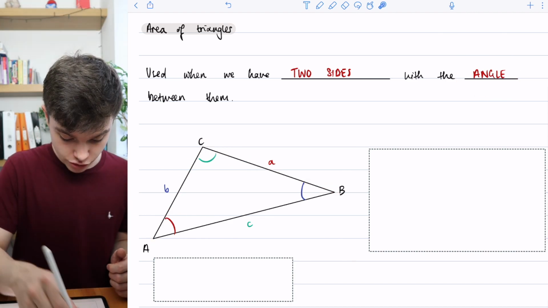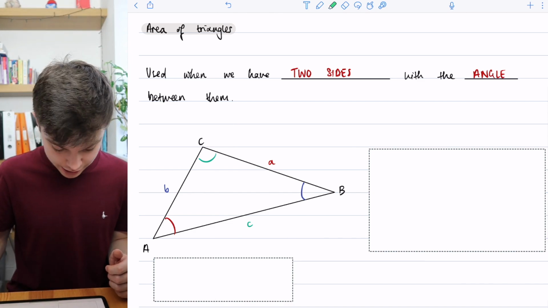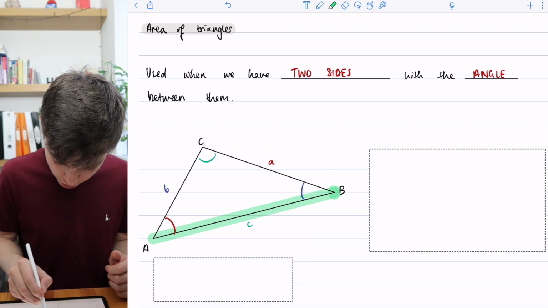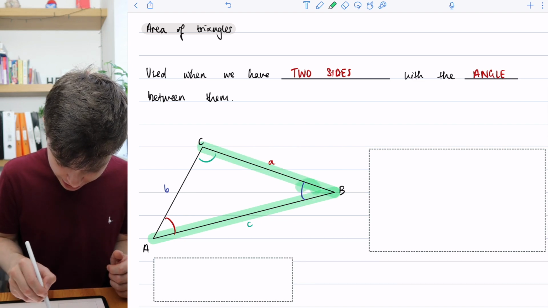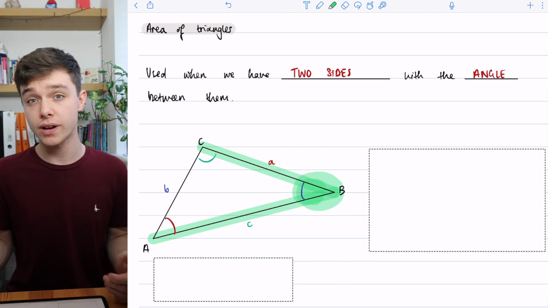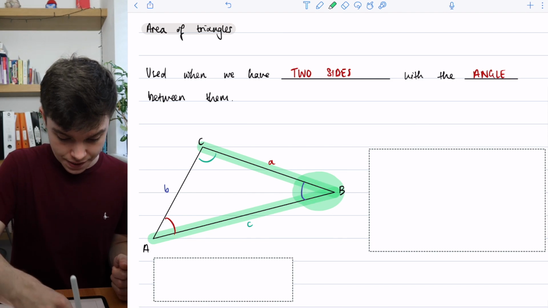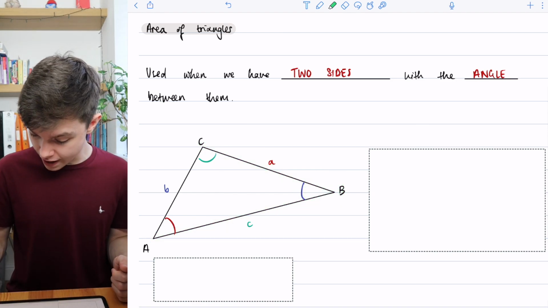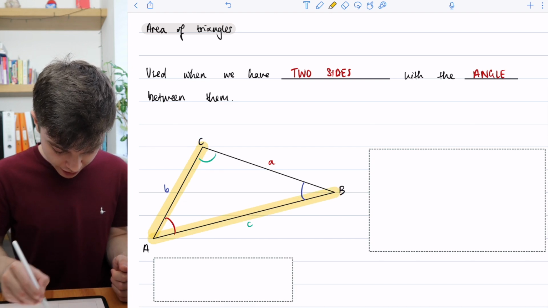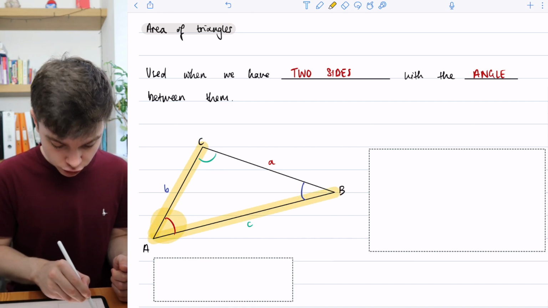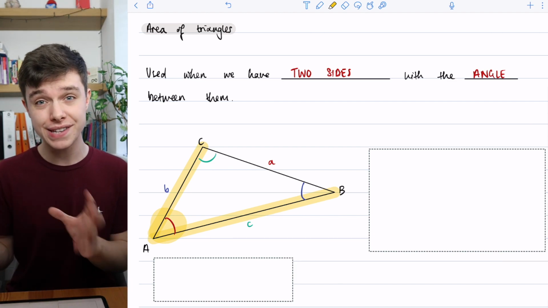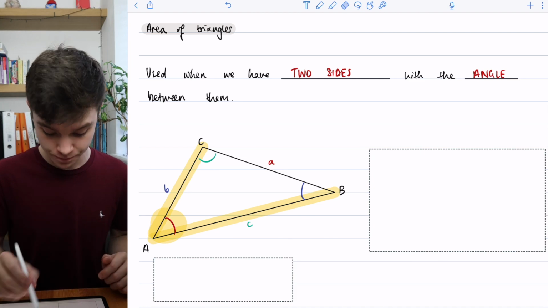We could also take a different two sides and the angle between them. We'll do this in green. We could take this side, and we could take that side, and then we'd have to know the angle between them there. So we'd have to know that angle for us to be able to work out the area of the triangle, okay? And then the final pair that we could have, and I'll do it in yellow, we could have this side and that side, know the length of both of those, and then the size of that angle between them. And then all we have to do is just substitute into this area formula, and this is the